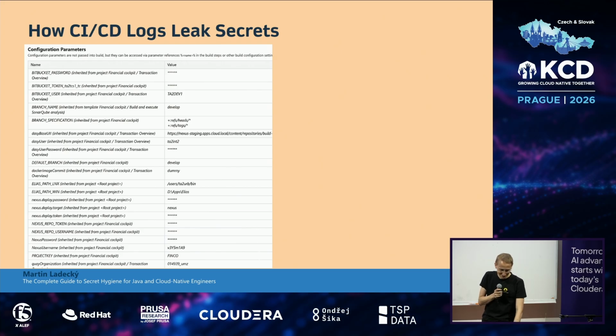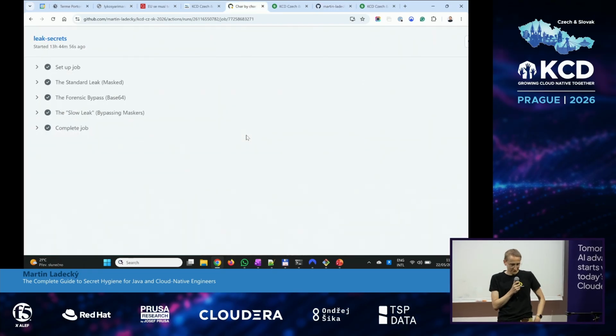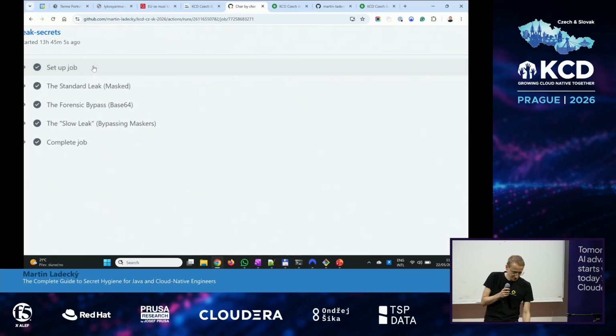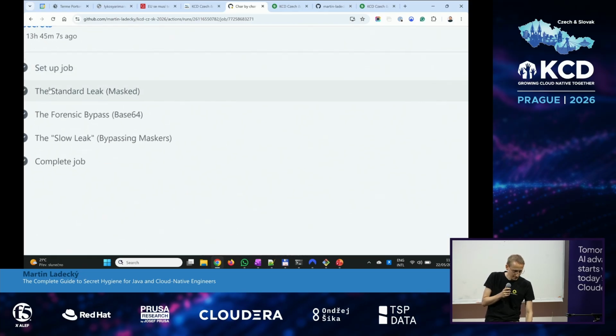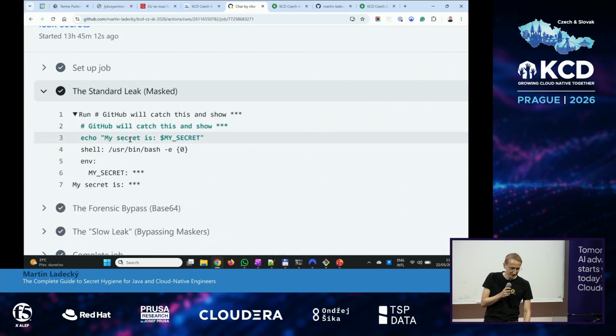So guess what? We have demo time. One hand demo time, okay? I'm not showing you TeamCity, I'm not showing you Jenkins. It's almost the same, okay? But I'm showing you this fancy stuff called GitHub and GitHub Actions. I think that's like standard, right, for security and everything. Okay, so I have here 4 jobs.